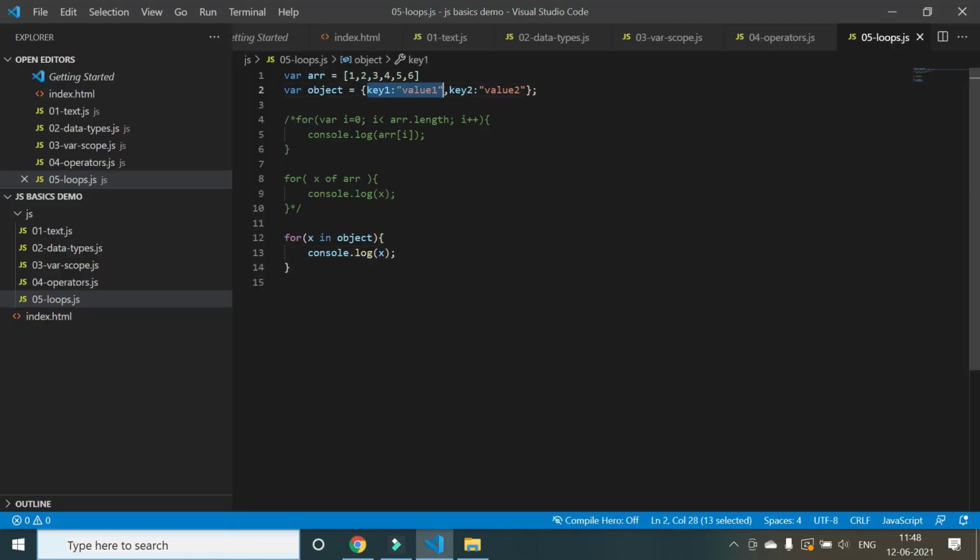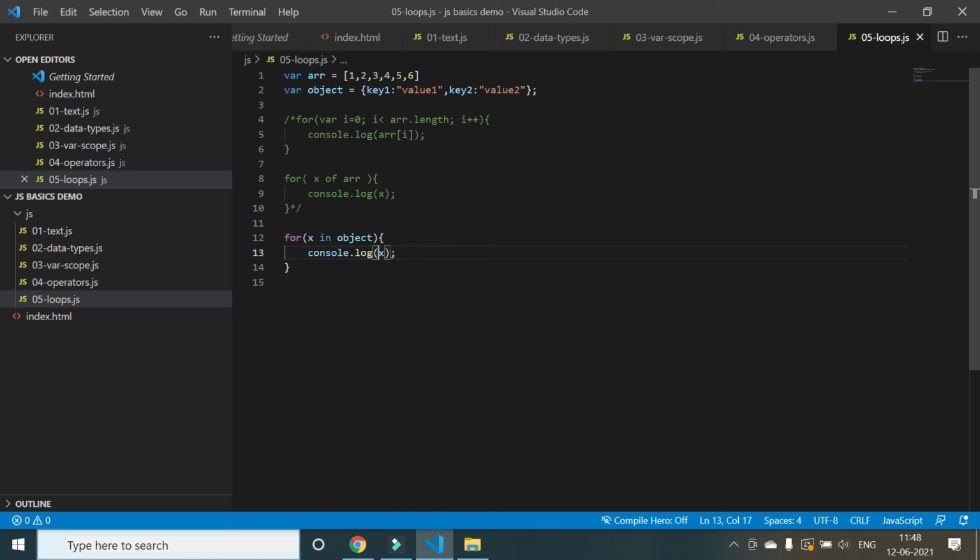Once we saw this array, we would expect this entire element to be present as part of x, but that's not happening. Only the names of the keys are available as part of this x.